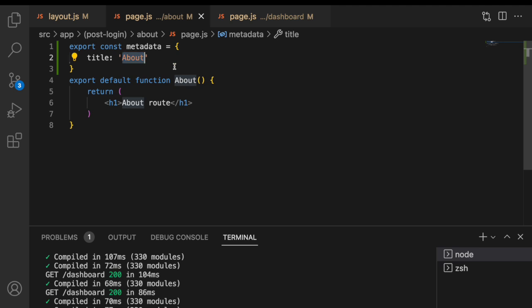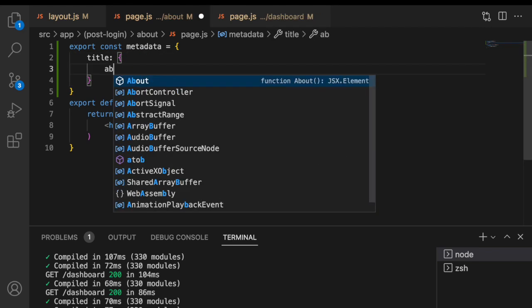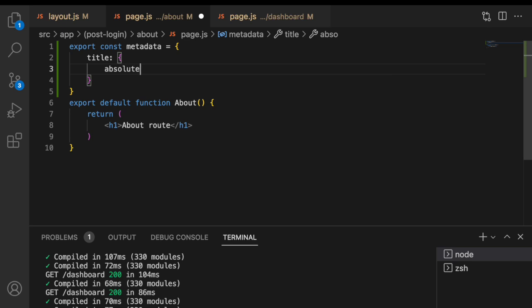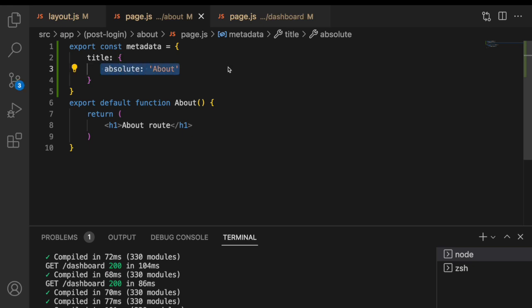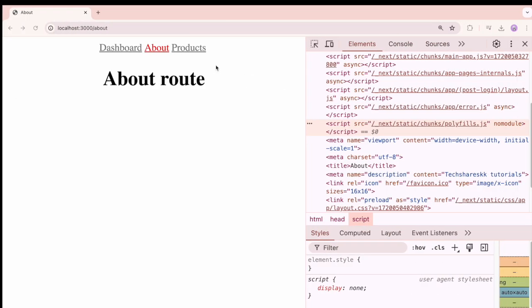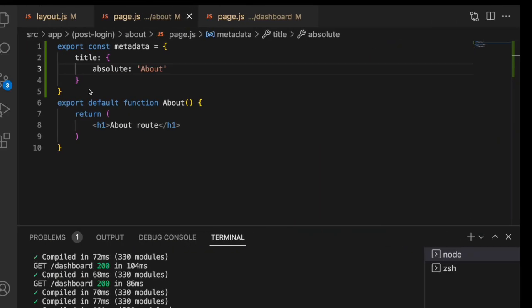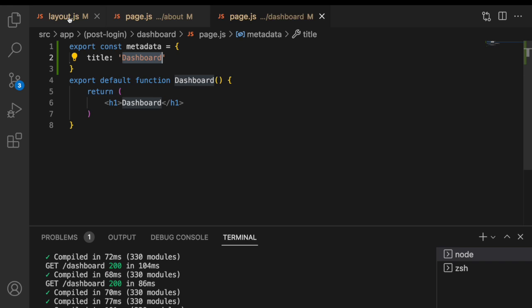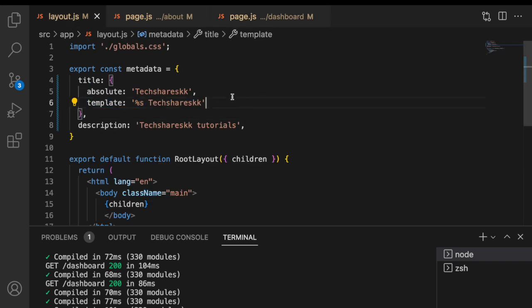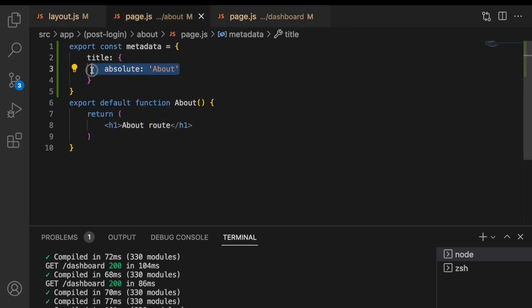But in this case, in the about page, I don't want to show a prefix or suffix. Now what I'll do is I'll make this an object and I'll make it absolute, and the absolute value is about. That means don't use the template. Instead, you can use absolute itself. Let me go here and you can see you are able to see only about and no suffix. That means it is overriding the template of the layout and it is taking only the absolute value